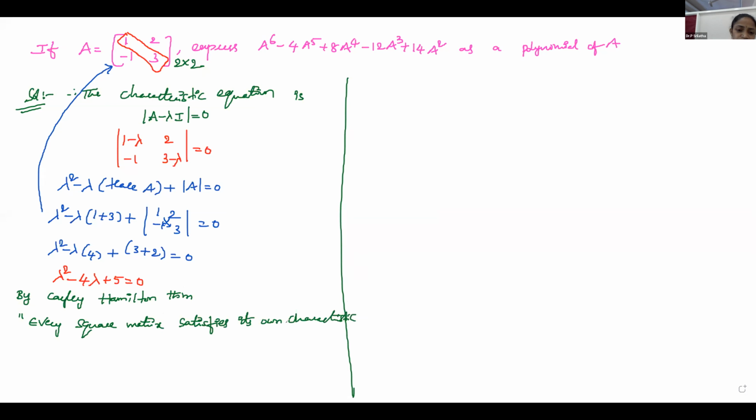Okay, so what is the meaning of this statement? Every square matrix satisfies its own characteristic equation means,